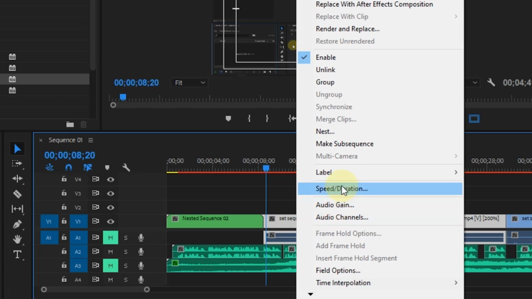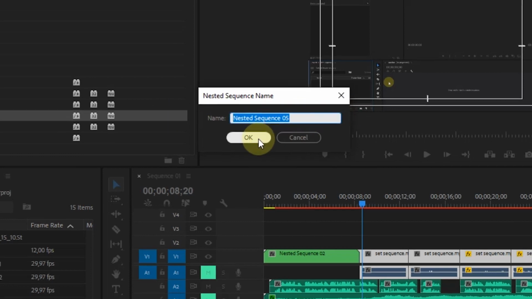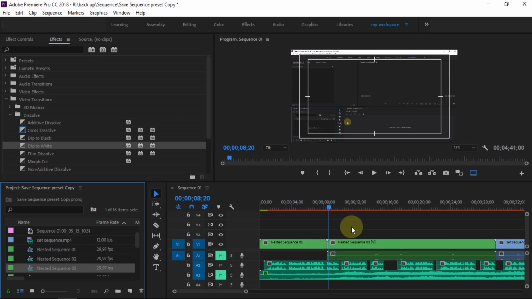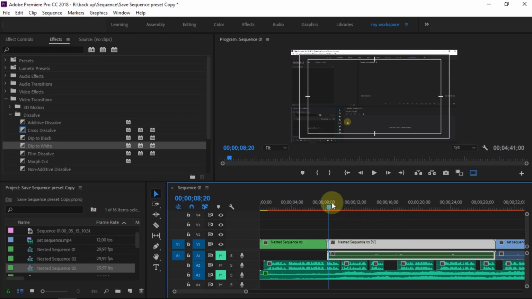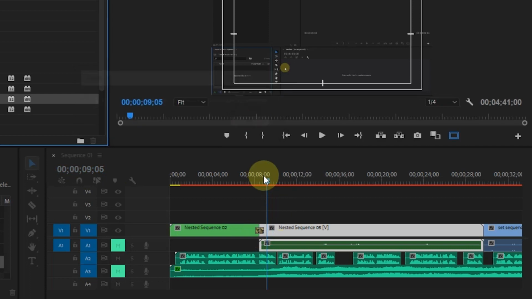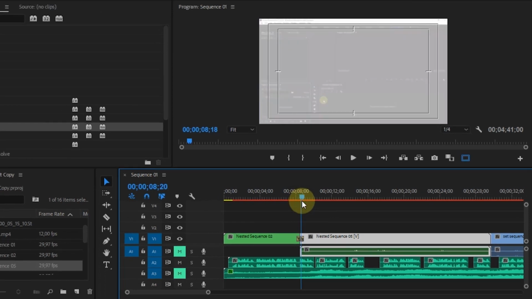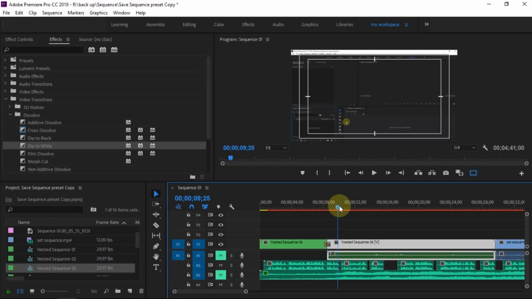Right-click on the selected clips, and then select Nest. In that window, we can give the nested sequence a name. The process of nesting clips has been successful. I'll try adding a transition. And the result, transition effects can be inserted between two clips. If we have problems and want to return the clips as before, we can undo them by pressing Ctrl+Z.